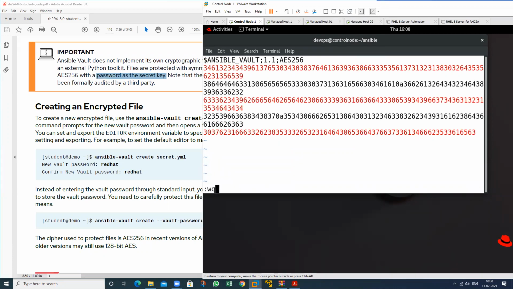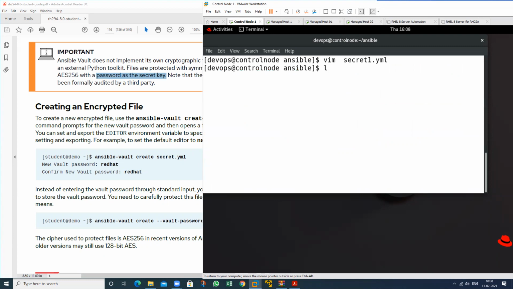And if I want to see what the content is, what is the command that I will use? That is the view command. If in the place of create I place just view, then we are able to see the content of this file. Just type your password. I have typed the password, then we are able to see the content. This is a secret file. So anyone can't see the content written in this file.